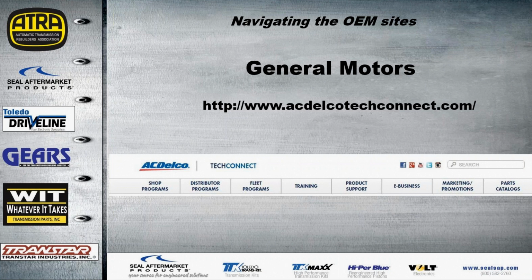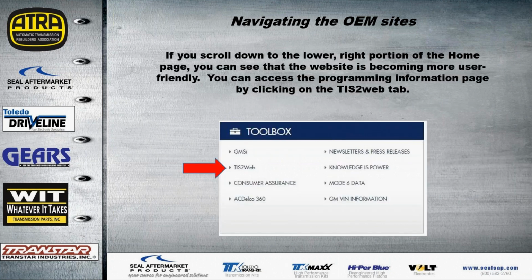So again, I recommend going to this website, and if we click on this link, almost in the center of the page, you'll see a toolbox that'll have nice little selections. And if we go directly to the TIS2Web area, which is going to be the GM website,